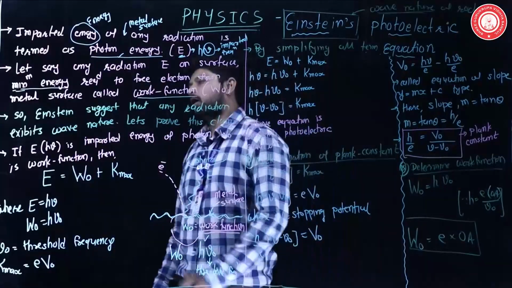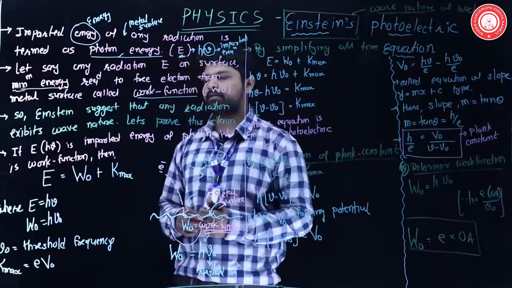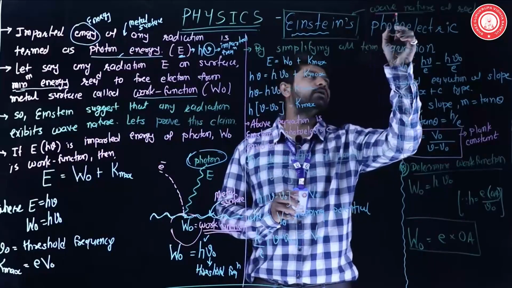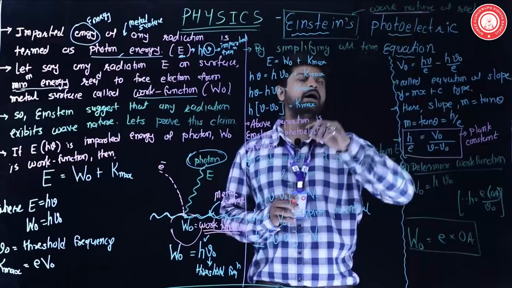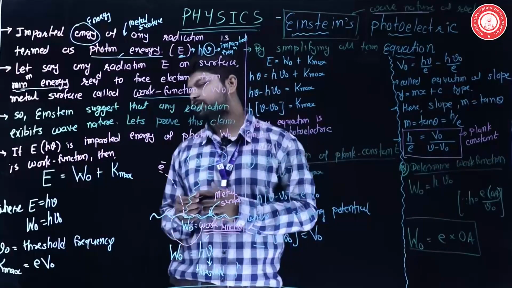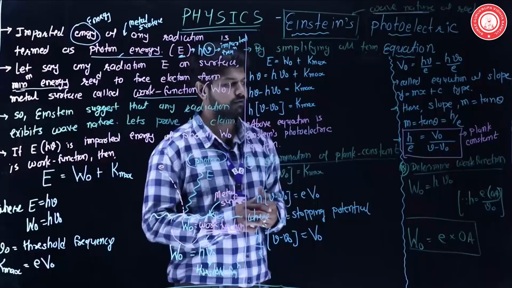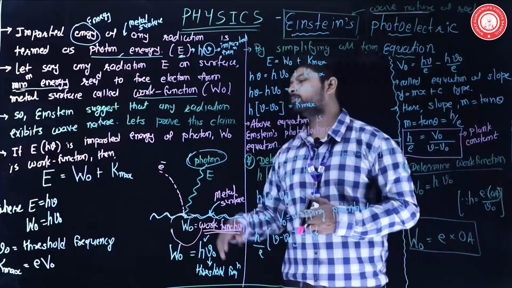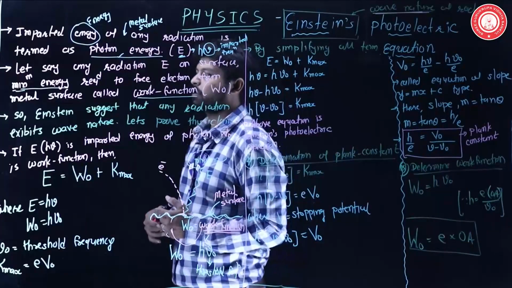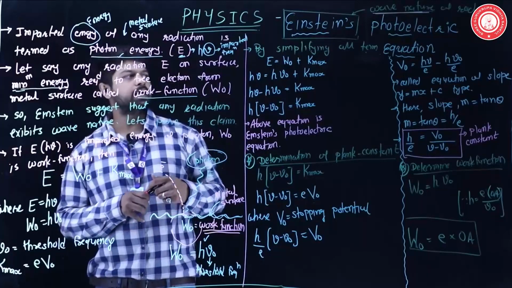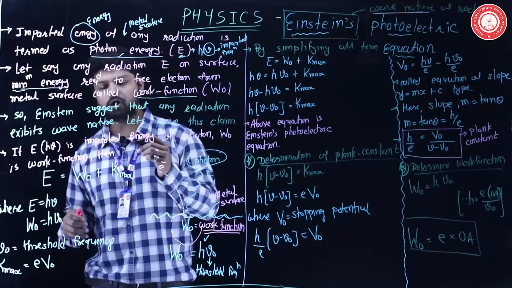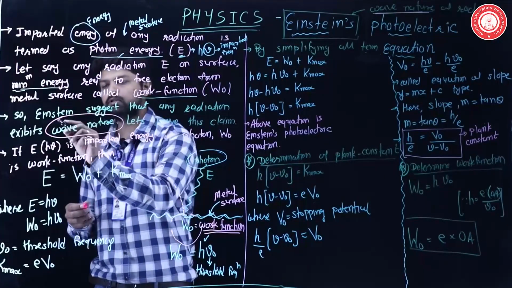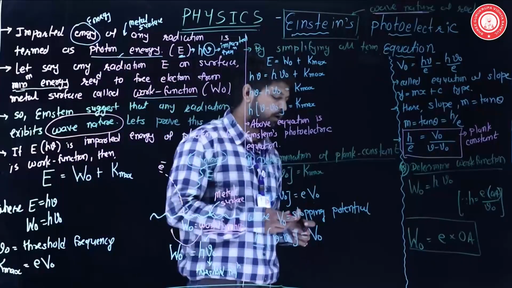Now further, Einstein suggests that any radiation exhibits wave nature, as I can say already over here. See, wave nature of radiation. Einstein firmly proposed that radiation exhibits wave nature only. If I cannot claim that is true, we can say radiation can exhibit particle nature as well. So this Einstein photoelectric equation is purely based on wave nature of radiation. This must be remembered throughout this theory, that we are learning about wave nature,